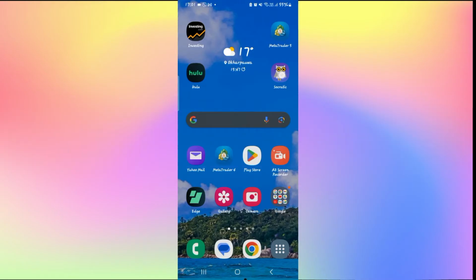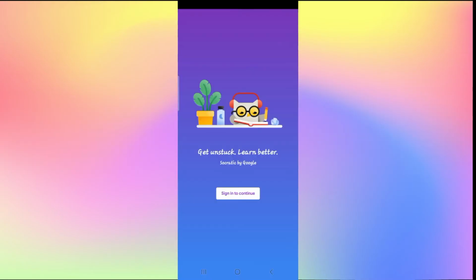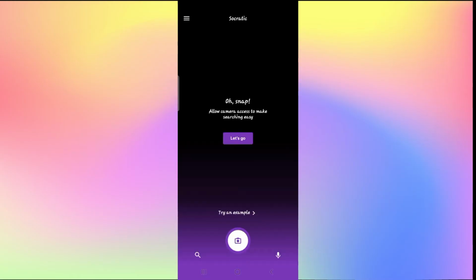First of all, open up the Socratic by Google application on your device, and once the application is opened, you will see the sign in to continue button. Now, since this application is by Google, all your account information is automatically linked with your Google account. So simply tap on sign in to continue and then select the Google account that you used to sign up